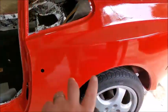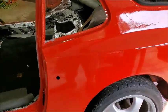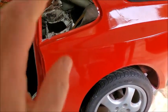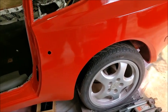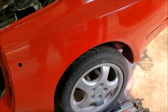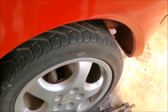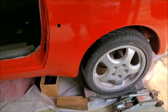So I still have the short shift kit for back here that I have to do as well. I might try to do that when I get the car up, because I'm going to take the wheels off to go get tires on them, because I really don't want to drive very far on these. I mean, they're 20-year-old tires, and you can see they're all cracking and everything. So they still hold air. They've held air the whole time, but